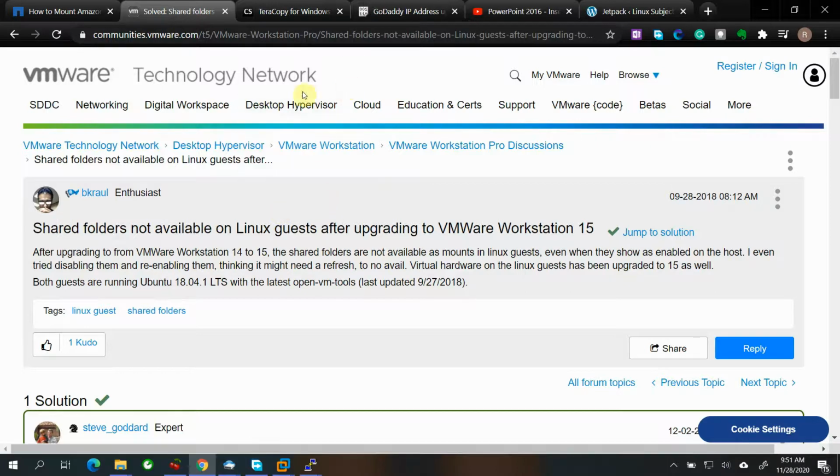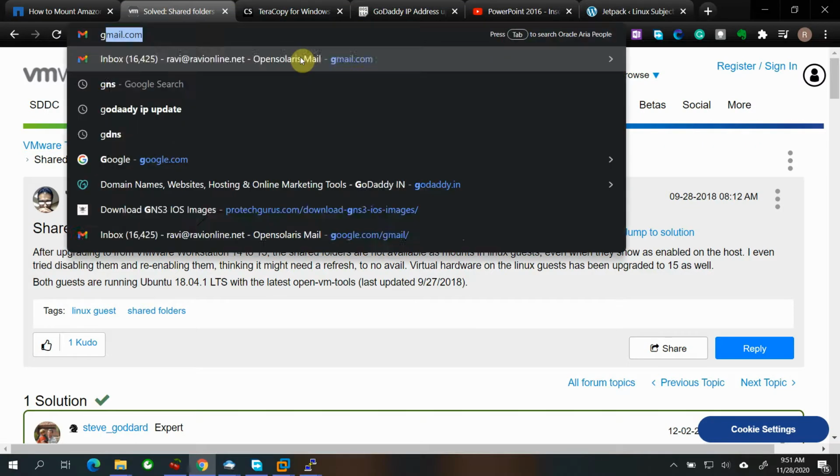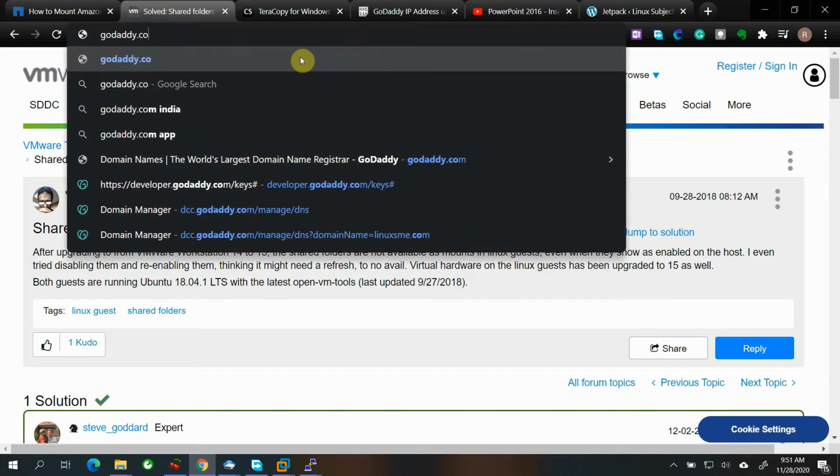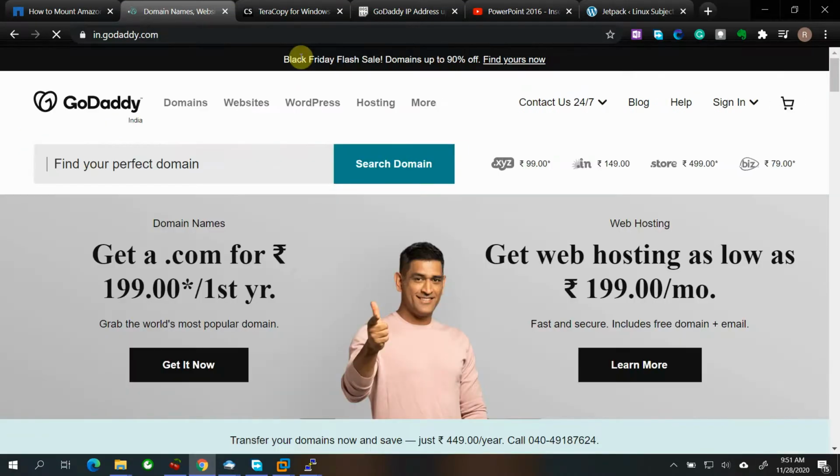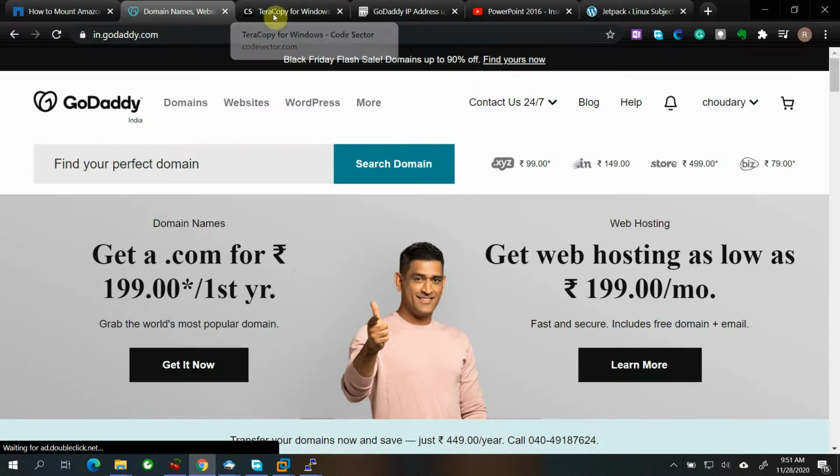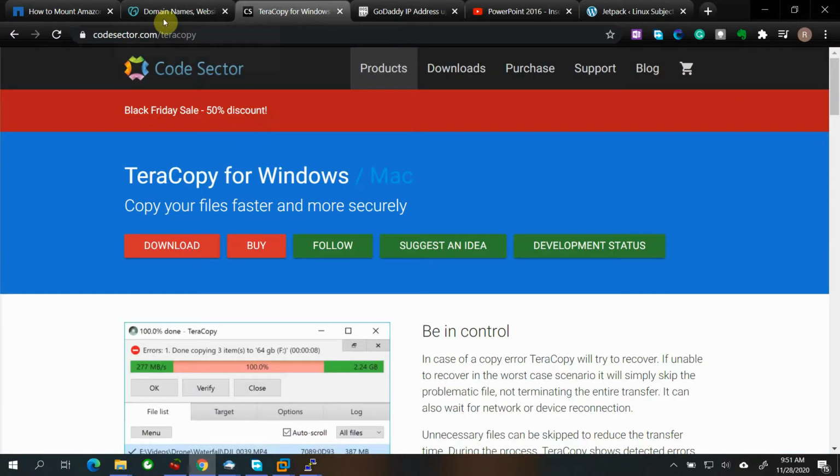So for this we first need GoDaddy. Why? Because I am familiar with this, and GoDaddy has been my hosting and domain provider for many years. There is no referral kind of thing here.